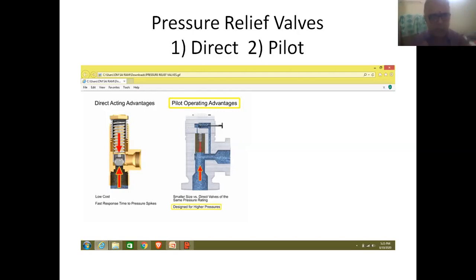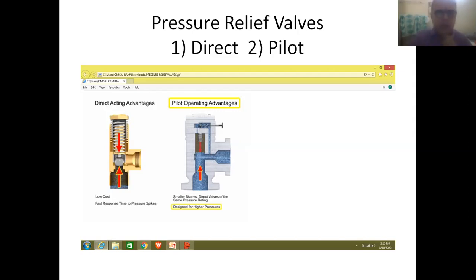Under normal conditions, these valves will remain automatically in closed position, and under abnormal conditions only, these valves will come to open position. So friends, this is about the arrangement of the pressure valve that is held in vertical position.